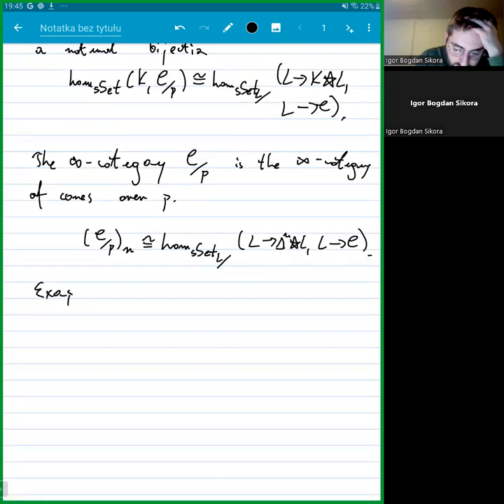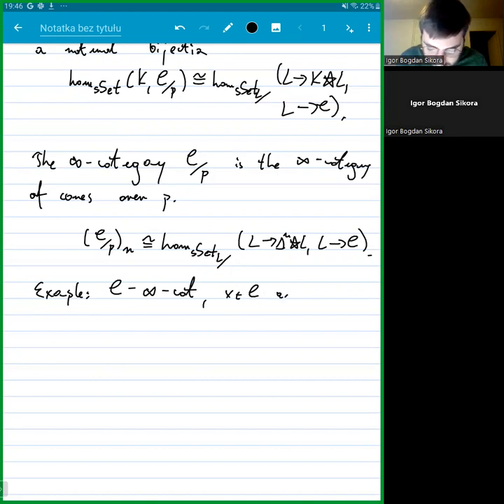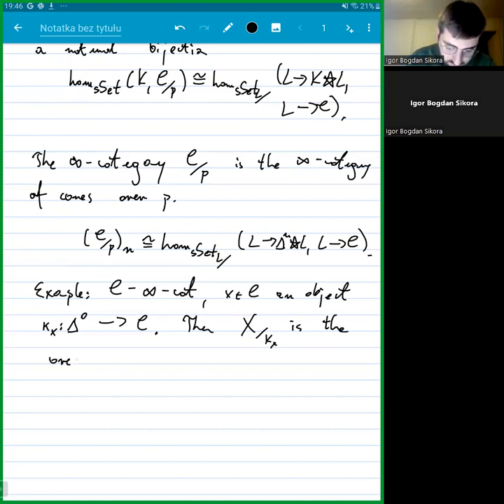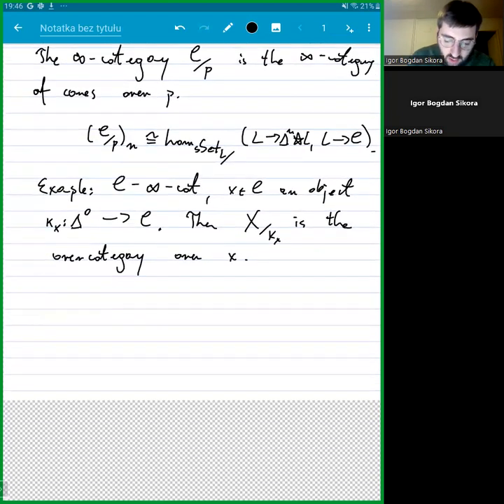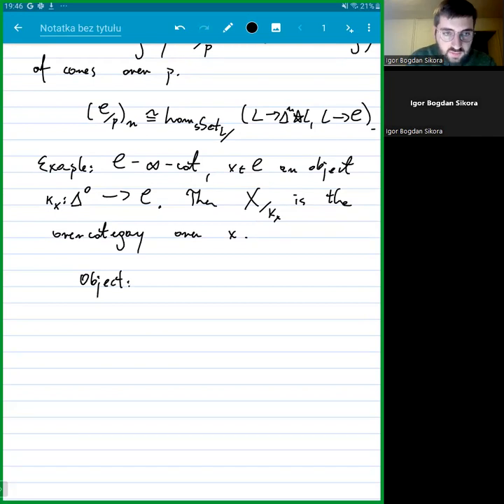So for example, let's take C to be an infinity category and X in C be an object, characterized by the map K_X from theta 0 to C. Then the category C over X is the over category over X. So what is an object in this over category, so a vertex, is a map